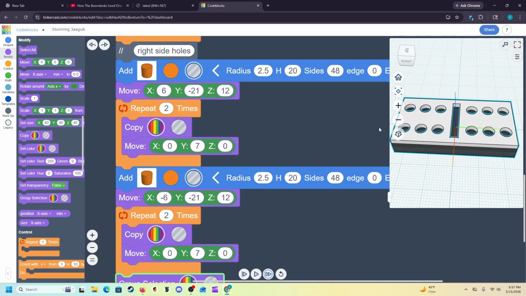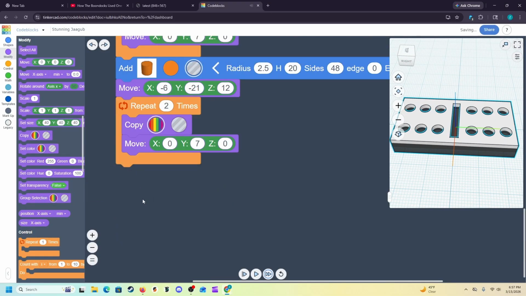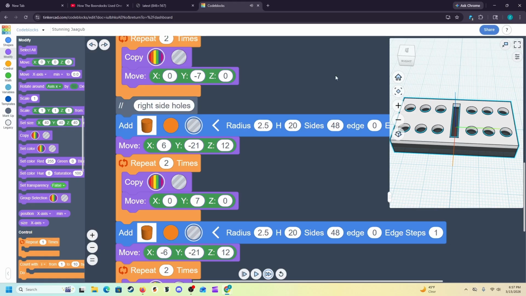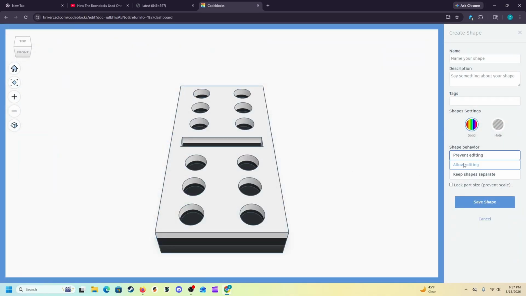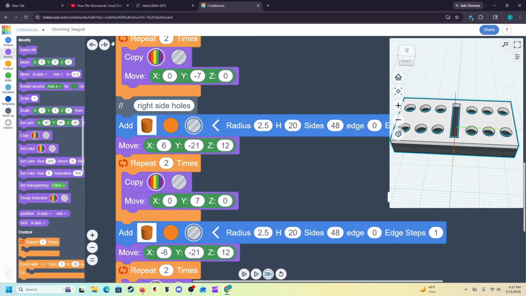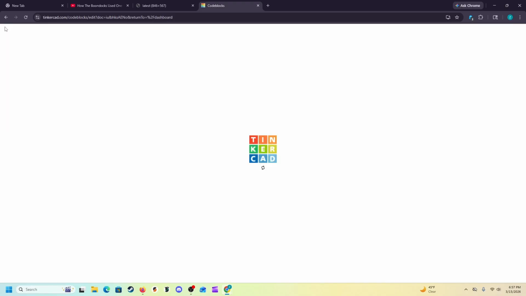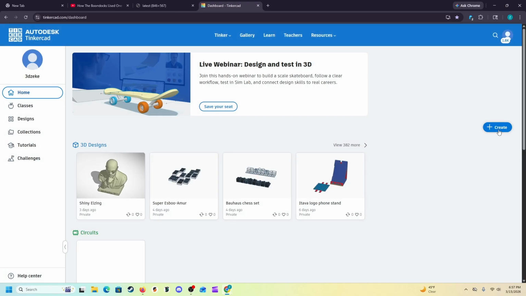However, we actually don't want this group selection command. In order to make the rest of the set of our dominoes, we're going to go to the share. We're going to share this as a 3D shape, and we're going to keep shapes separate. I'm going to save this into my shapes, and now we're going to go back to the home page of Tinkercad. This time, we're going to create a 3D design,